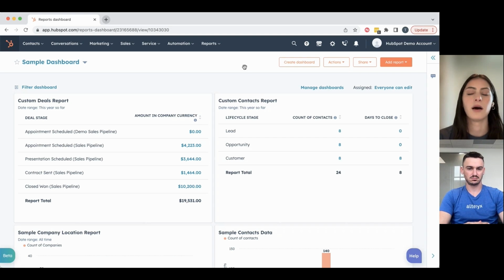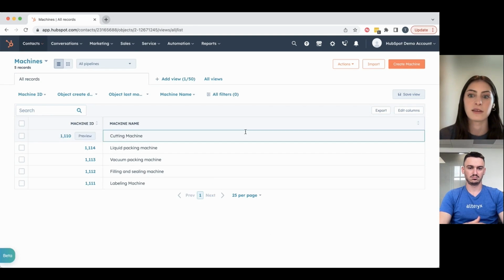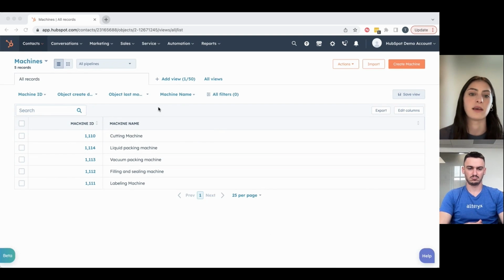Sure. So a custom object is essentially a data or record that is associated with a specific type of aspect of your business. So for example, HubSpot has contact objects, company objects, and deal objects that are automatically integrated into the platform, but you can create custom objects based on what your company needs. So, for example, we can go to contacts and custom objects over here, and I created a custom object, machines. So, let's say you wanted to learn more about what machines you have on your shop floor and you